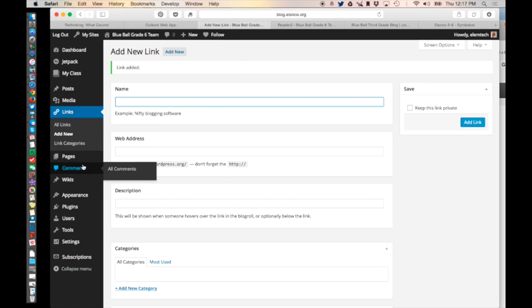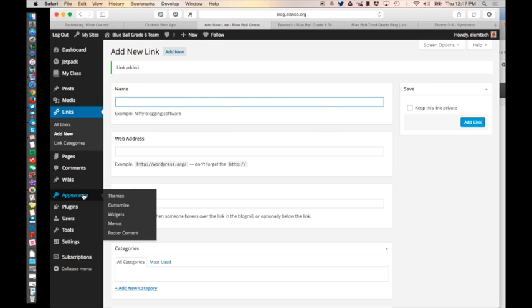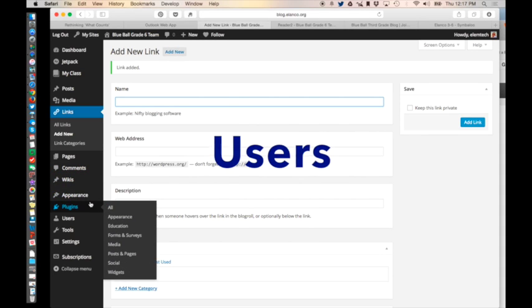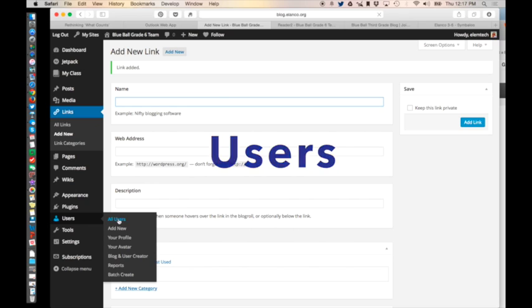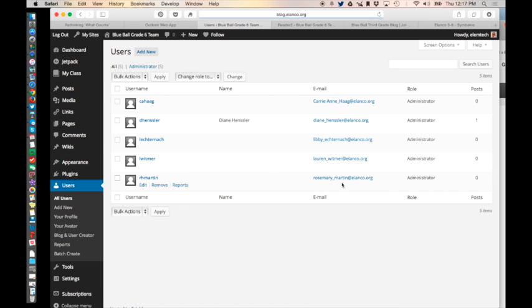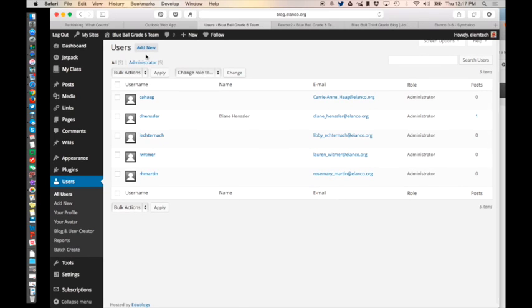We are not going to get into comments at this point. We've covered appearance, the themes, users. If you go to all users, you're going to see the teachers in your team who have been added as editors, actually as administrators of your site. So any of those teachers can make any changes to the site. If you want to change your information, your profile,